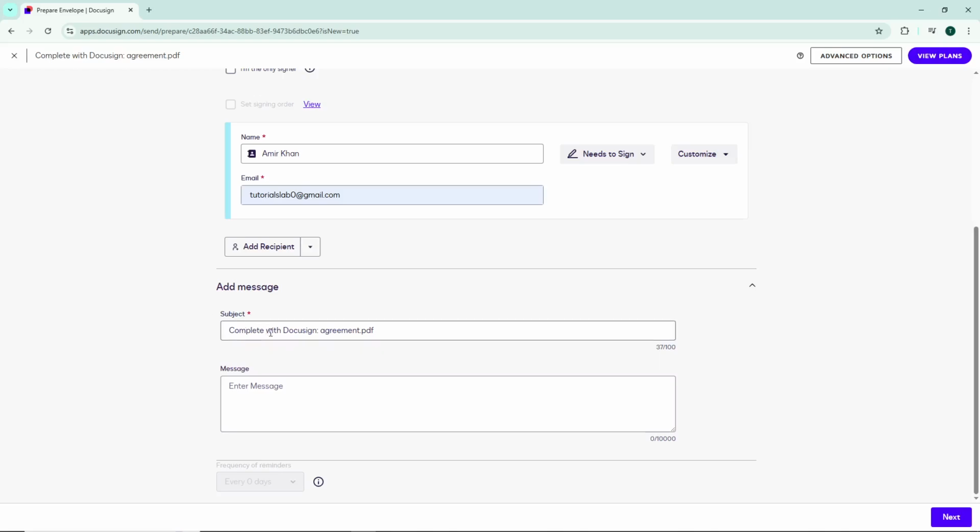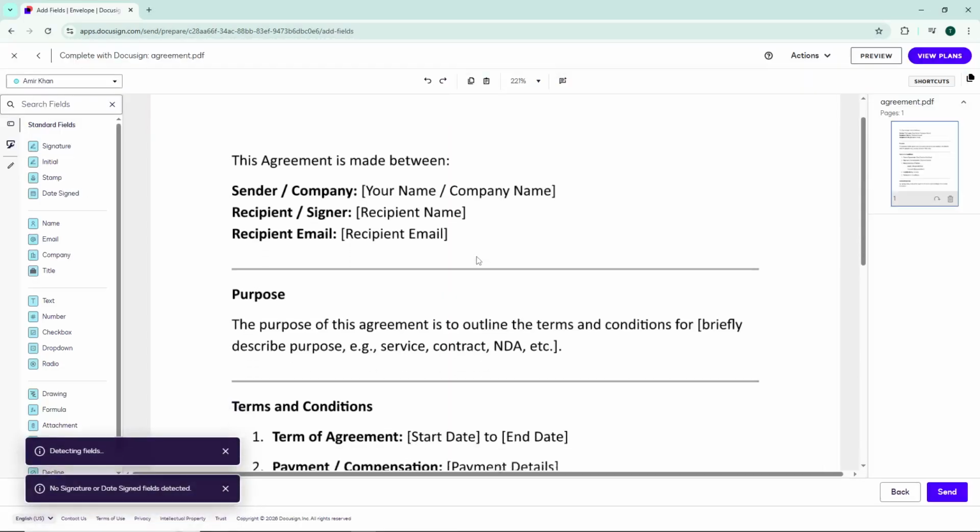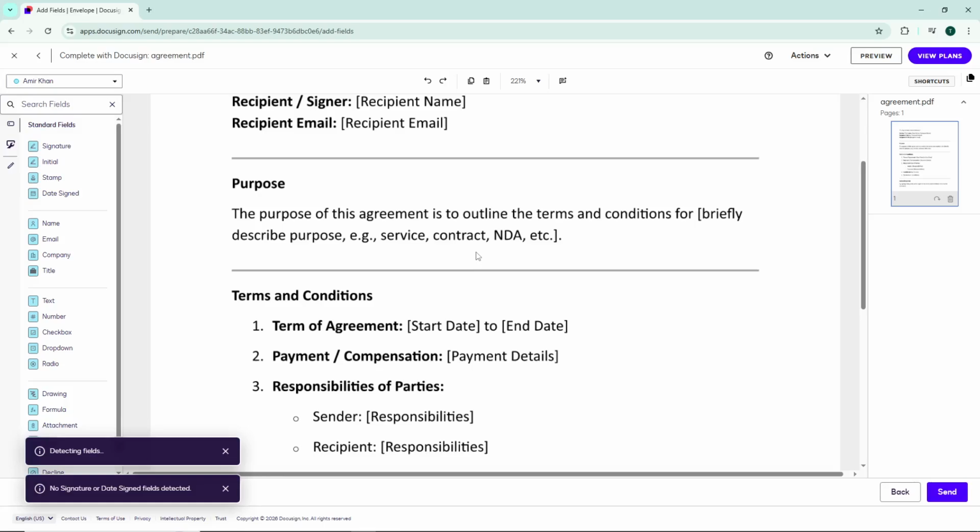Now you'll want to add some context to your request. In the subject field, enter a clear subject line that explains what the document is about. Below that, there's a message field where you can type any additional instructions or context for the recipient. This helps them understand what they're signing and why it's important. Once you've filled in all the recipient details and your message, look to the bottom right corner of the screen and click Next. This advances you to the document preparation stage, where you'll add the signature fields and other required